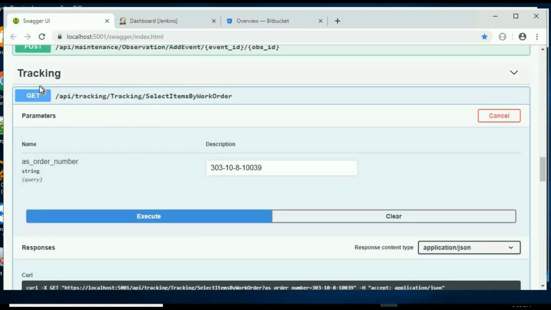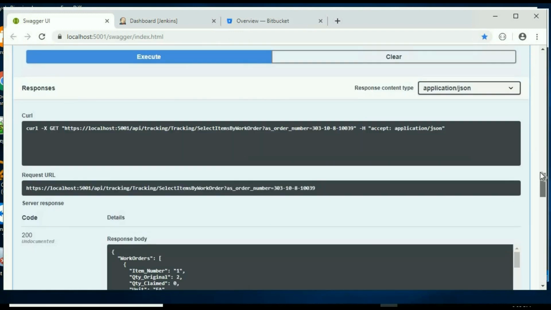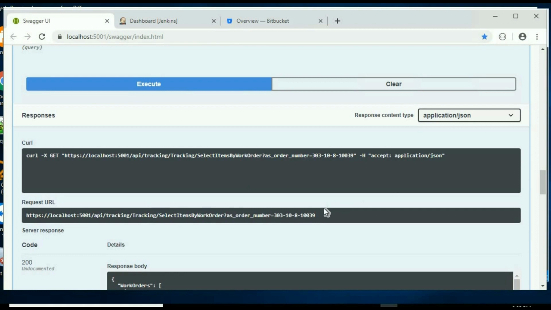I've got one particular controller method expanded here, and this is what's great about Swagger: you can put in a retrieval argument for a particular method and click execute, and if it works, you'll get a response back,